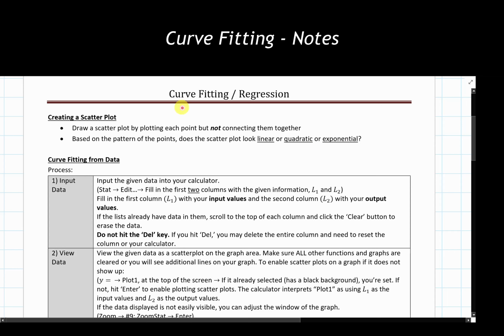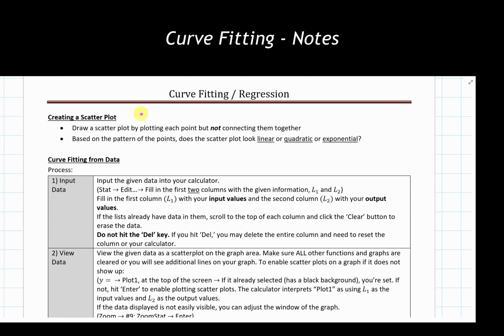Before we do this, we need to cover a couple things before we actually get into figuring out how do we fit lines and curves into sets of data and how do we actually do regression with this. So we want to first and foremost define what a scatter plot is. And a scatter plot isn't anything particularly advanced. It's a set of axes like we use for graphing, and it's just dots and points within there based on a set of data given to us.